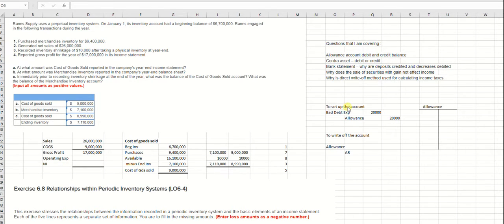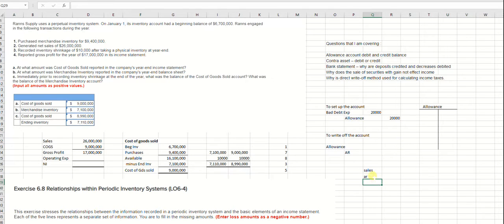When we set up the allowance based on the estimate, we debit bad debt expense and credit the allowance. There are two methods to do that. The two methods are, we're going to look at sales, and I've gone through this in another video, so I'm not going to really go through it in detail, and based on accounts receivable. Okay, when I base it on sales, my focus is how much needs to go in bad debt expense. And the allowance just comes along for the ride. So whatever goes in the allowance goes in the allowance.